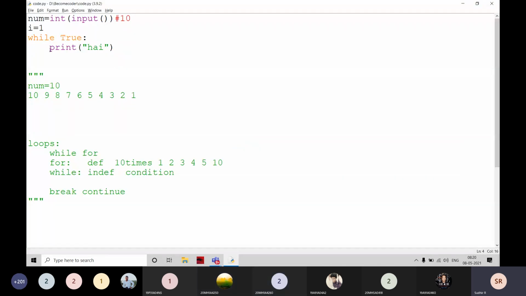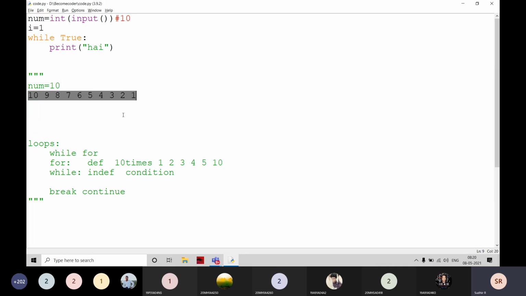Here I'm going to print "hi", but I want that if I give 10 here, it prints 10 to 1. But you have to write the infinite loop, and you have to print these 10 to 1 numbers. You have to break the loop using the break statement. How are you going to write it?